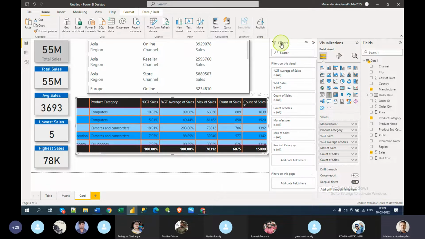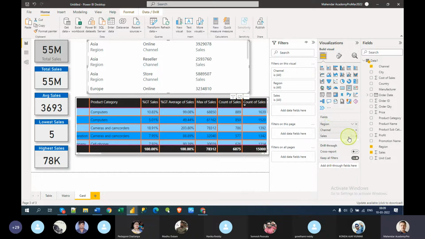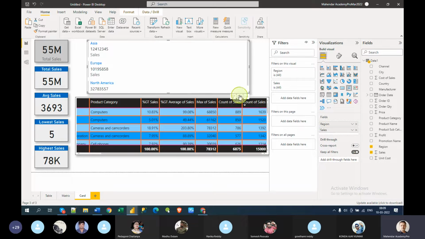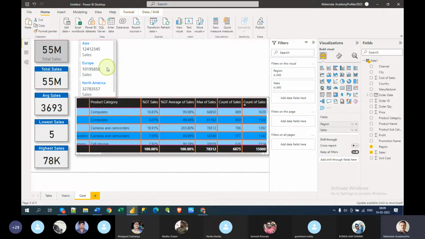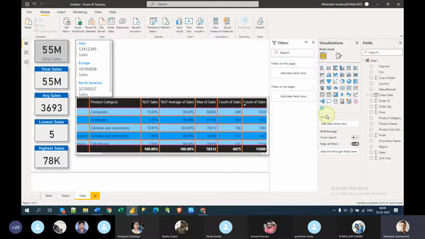These are the filters. This is a slicer. So what is the difference between this pane and this visual? That's what we are going to learn tomorrow. But today I will just introduce the slicers. Let me make this very small, remove this, and make this a multi-row card. Let me bring in this slicer.